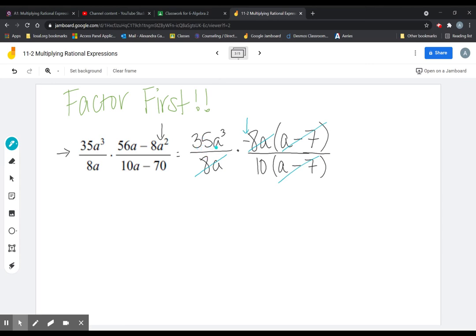And then 35a cubed, does that cancel with 10? Yes, they both have a common factor of 5. So 35 divided by 5 is 7, we just did that one. And 10 divided by 5 is 2. So I'm going to circle back and make sure I picked everything up. There's a 7 that wasn't canceled out, an a cubed, and that's all at the top. And then there was a 2 that wasn't canceled out. So what's left over is 7a cubed over